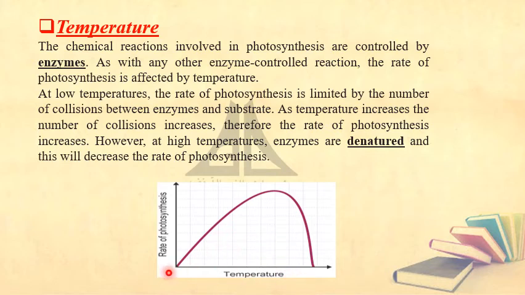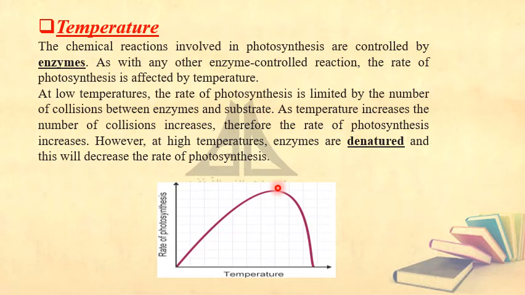You have to know that at very low temperature, there is no photosynthesis. And as the temperature increases, the rate of photosynthesis increases till a certain temperature. Beyond a certain temperature, for example, when it is very high,